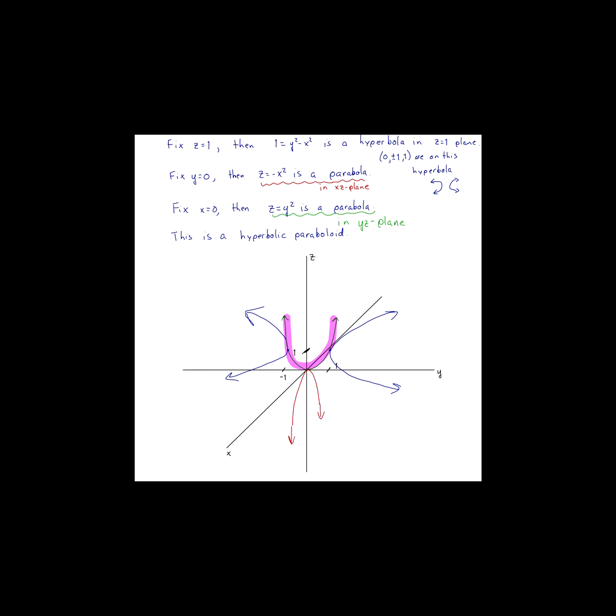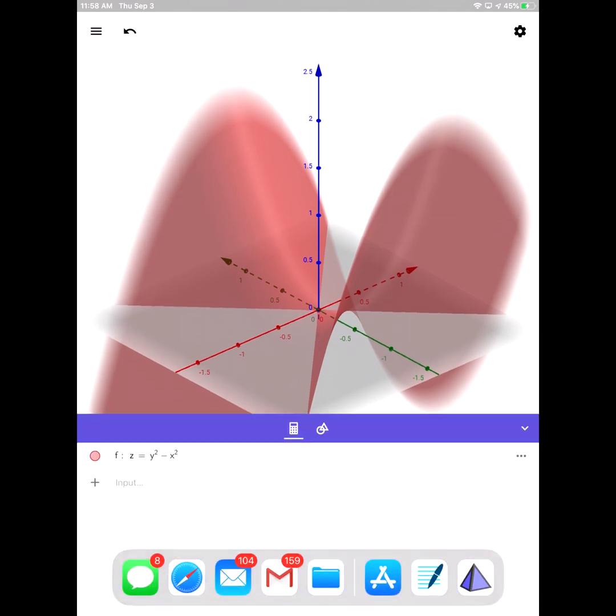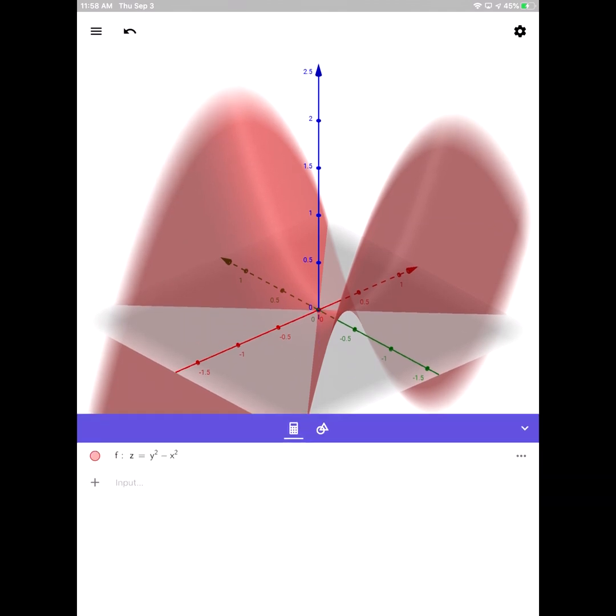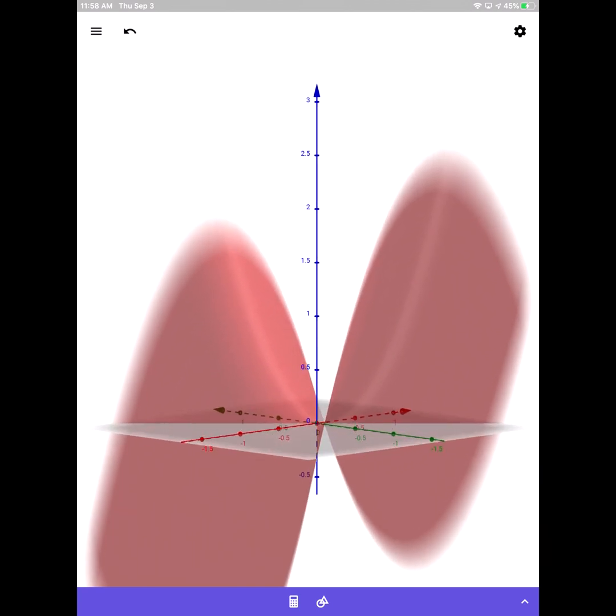So I've got a GeoGebra image. Let's have a look at it in GeoGebra. In GeoGebra, what we see now, we've loaded this thing in just to be sure of it. And we've got z equals y squared minus x squared in our graph prompt to put our equation in. So that's great. But let's have a look at this thing. If I rotate it, we see, yeah,